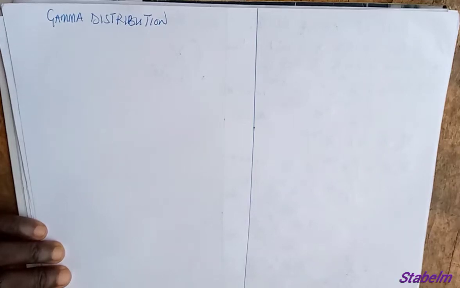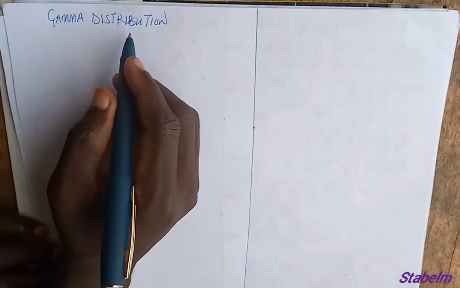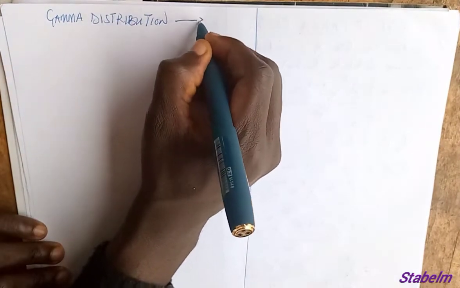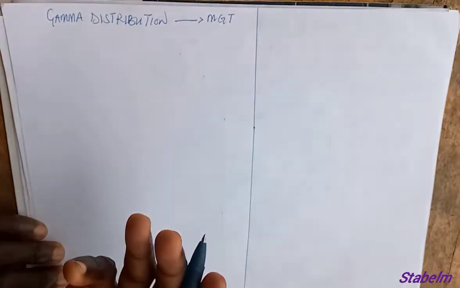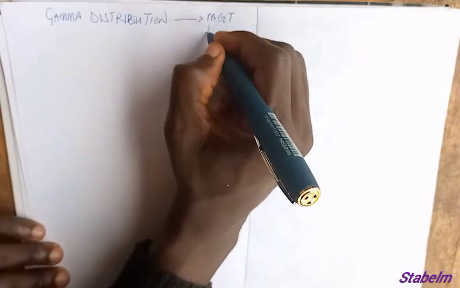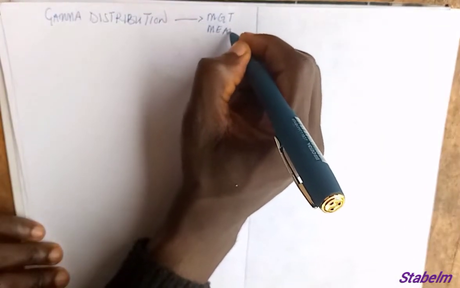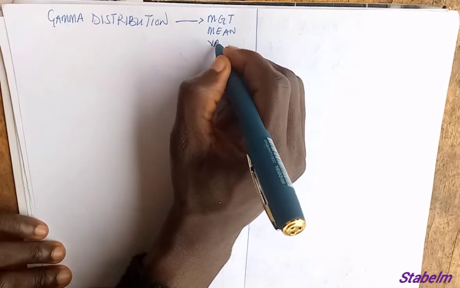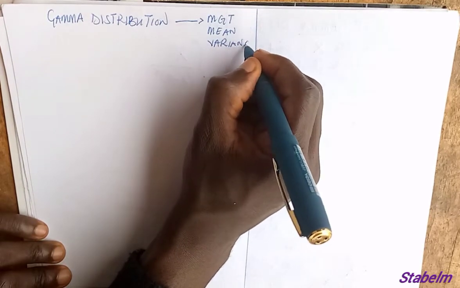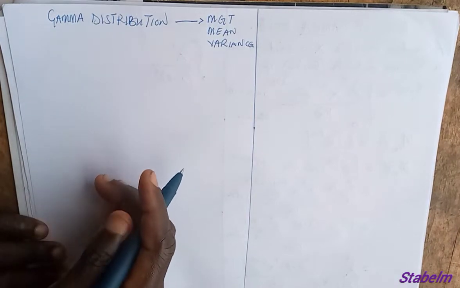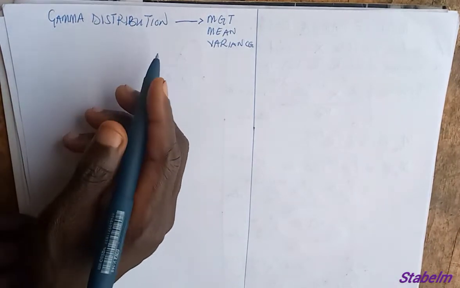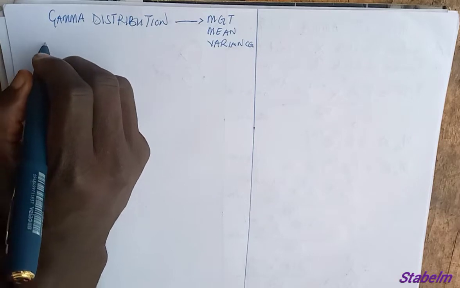So this afternoon, we'll be talking about the gamma distribution. What are we looking at this time? First of all, the moment generating function. Then we look for the mean of that distribution. Then we also look for the variance of the distribution. But first of all, let's look at the probability density function of the gamma distribution, which is given as, as I said,